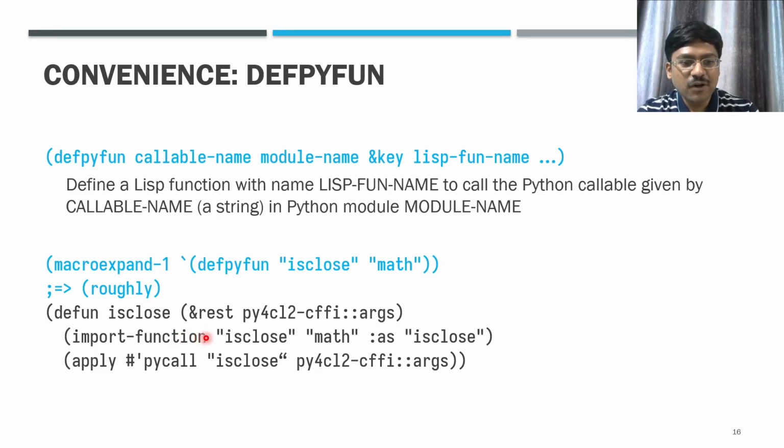The import-function form is important because in case the Python interpreter is reset, and there's a particular way in which we do reset the Python interpreter, that is, we delete all its global variables except for a few important ones. In those cases, we want to re-import the module function again, and the import-function form does exactly this. Once that is imported, pycall can take place.